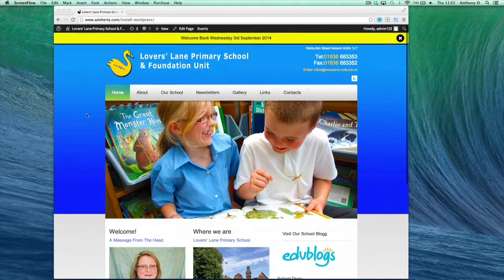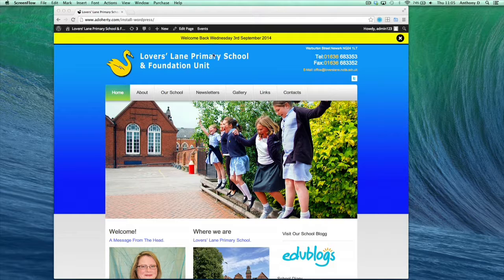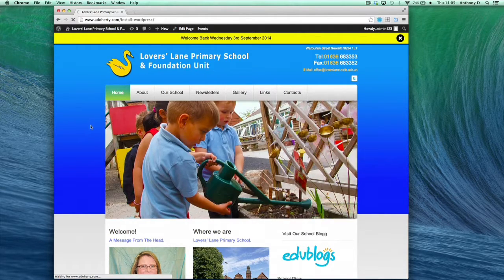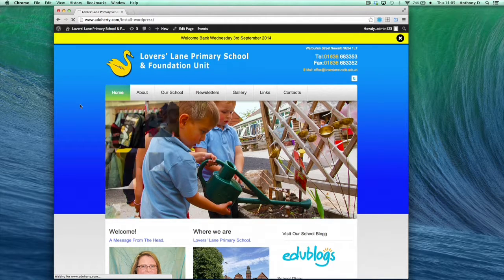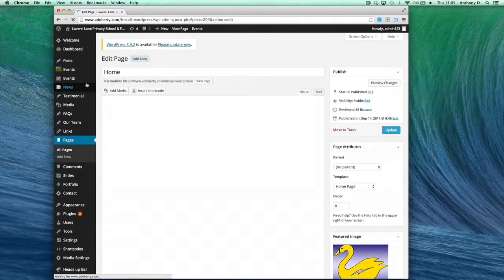Right, this is to show you how to update the gallery. And just before I do that, if we go to the media section, it's a good idea to have all your media files put under a category. So if I go to media